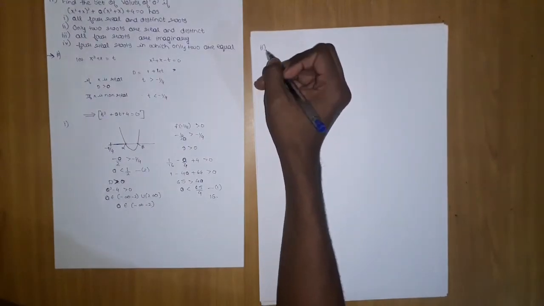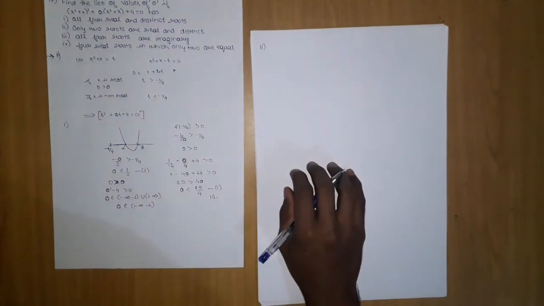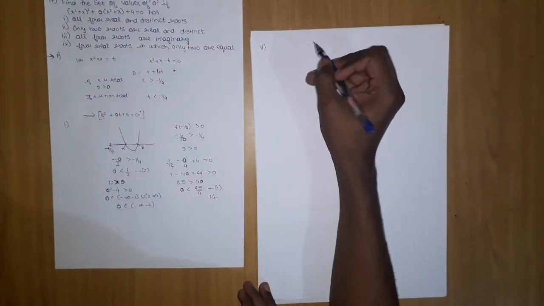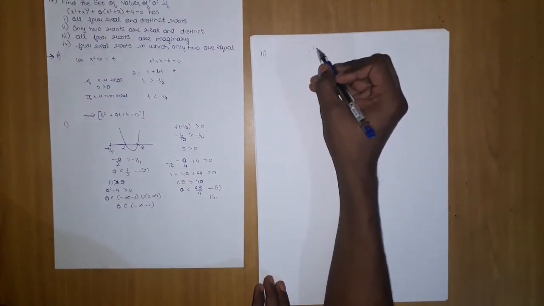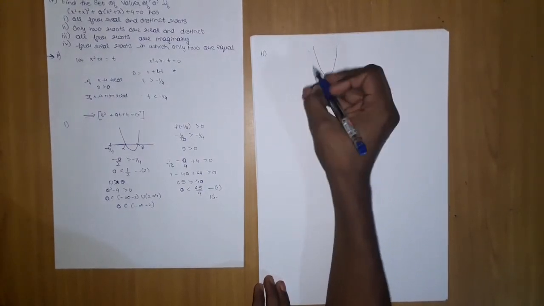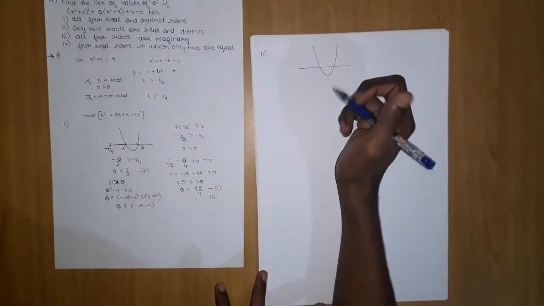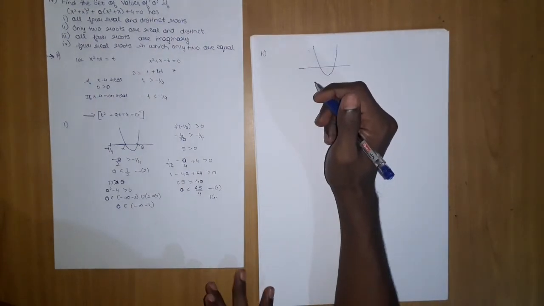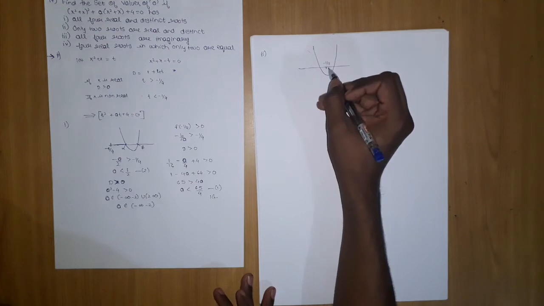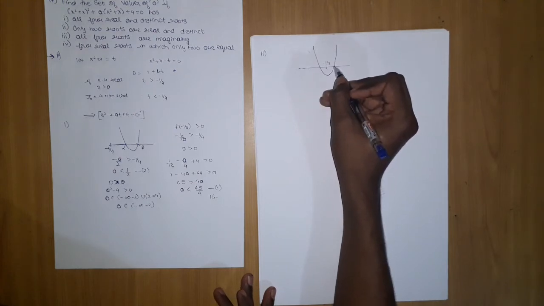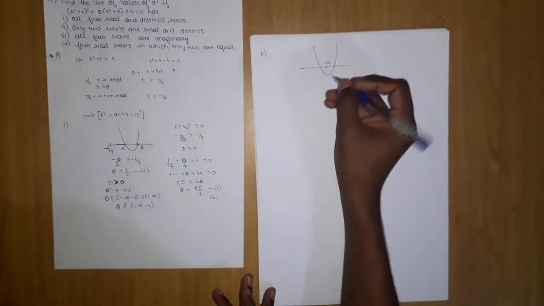Let me solve it. The second is: only 2 roots are real and distinct. This question is very crucial. You will see it in previous year JEE Advanced questions many times. These questions are repeated. I have seen them in matrix match. Now only 2 roots are real and distinct means minus 1 by 4 should lie after this root, and for this t will give 1 root. So 2 roots will be real and distinct.